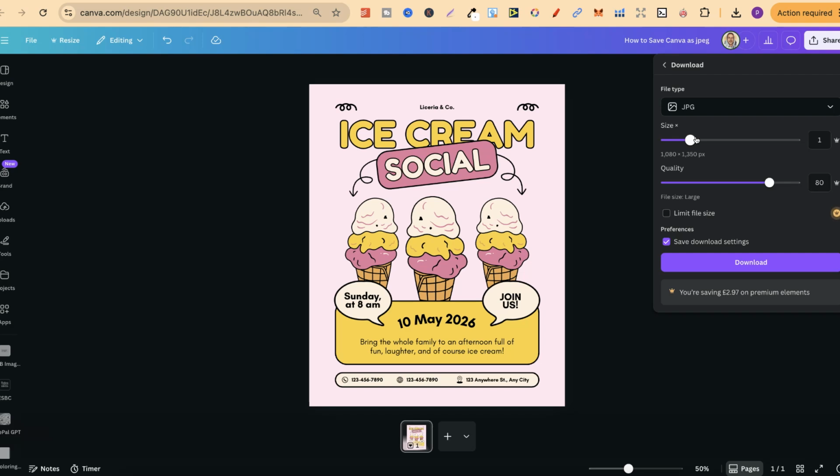regarding sizes and quality if you have a Canva Pro account. Now, if you don't have a Canva Pro account, you're not going to be able to choose these settings, so you'd simply just click on Download. But if you do have a Canva Pro account, we can play around with the size of this image by increasing and decreasing this bar as well, and we can play around with the quality by doing the exact same